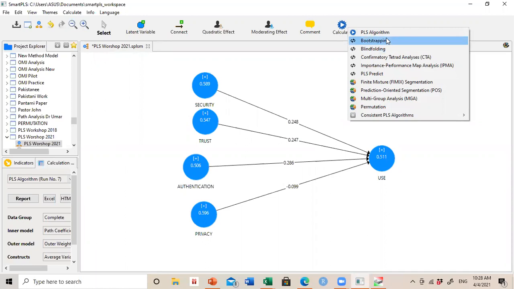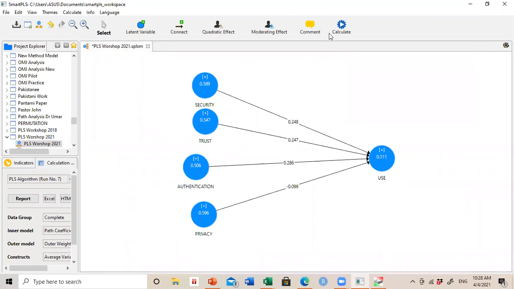You go to bootstrapping. This time around, we want to know the level of significance. And you know, if you want to know the level of significance in PLS, you run bootstrapping. And how bootstrapping works. Some people will say if you use bootstrapping,